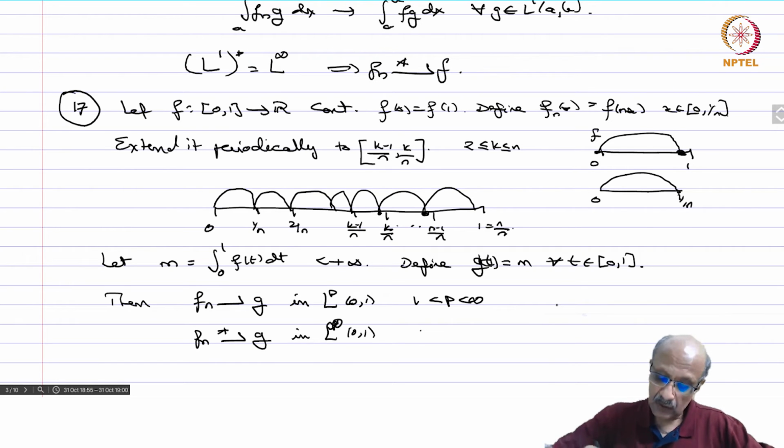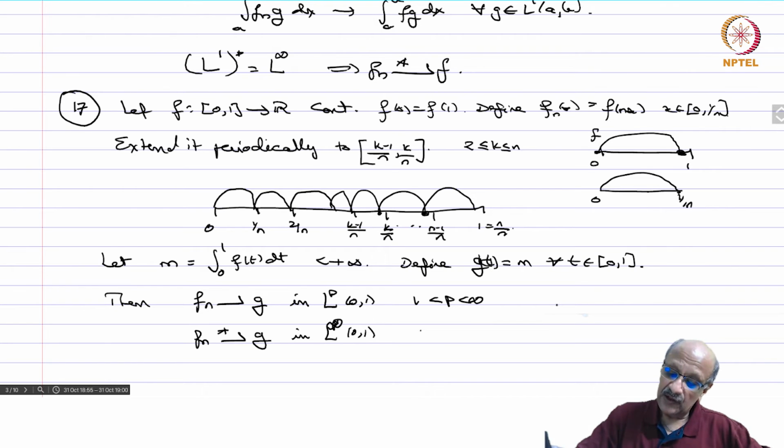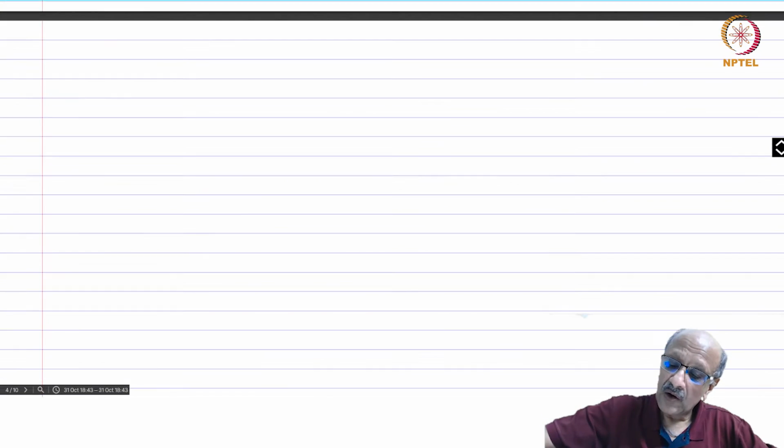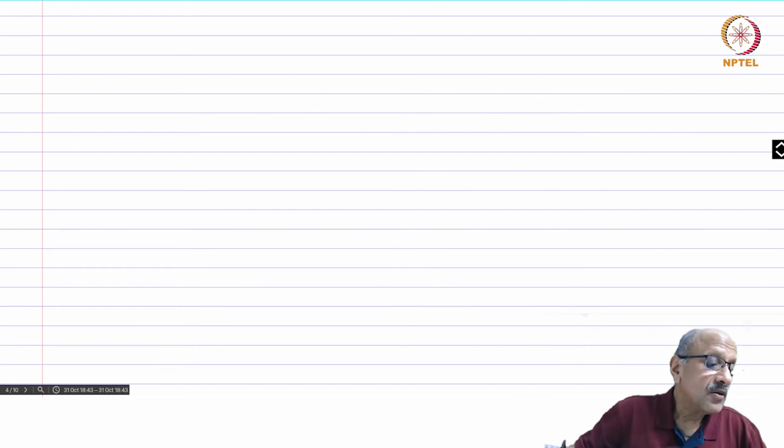So this function which we have scaled and reproduced converges, either weakly or in weak star, to the average value. Recall this integral of f(t) dt is nothing but the integral of f divided by the length of the interval, which is 1. So this is the mean value or average value of the function. So if you do this periodic scaling and periodic repetition, that sequence converges to the average value of f, in the weak or weak star topology depending on the space.